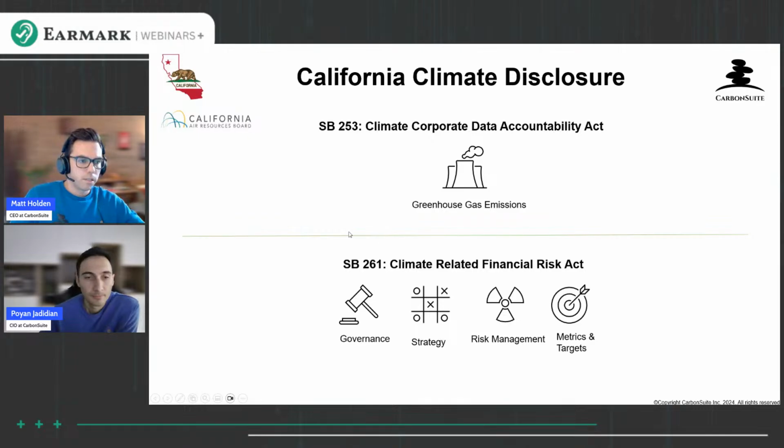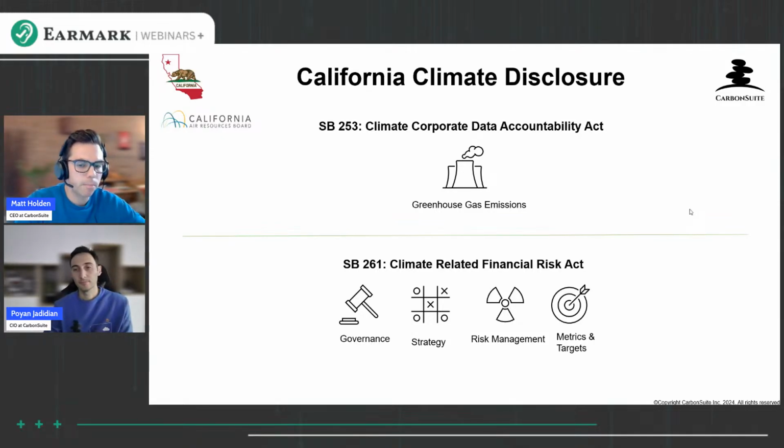Okay, so since I think we've got pretty sure a lot of accountants looking for CPE credit on this call, we're gonna dive a bit deeper into the disclosures, the mandatory disclosures, and talk about what is actually involved there. So first off, the California climate disclosure, like I mentioned,